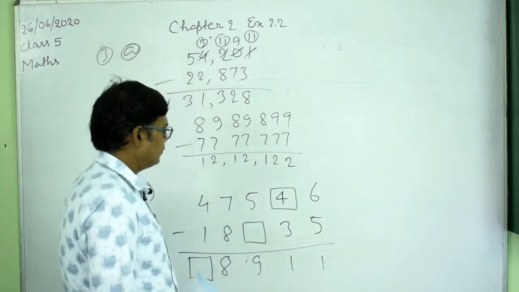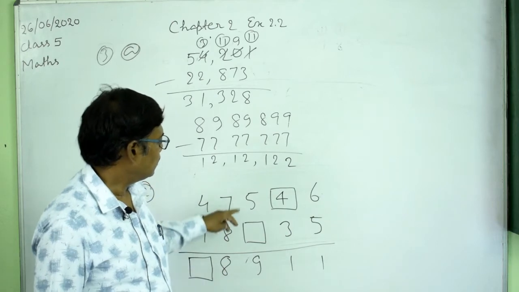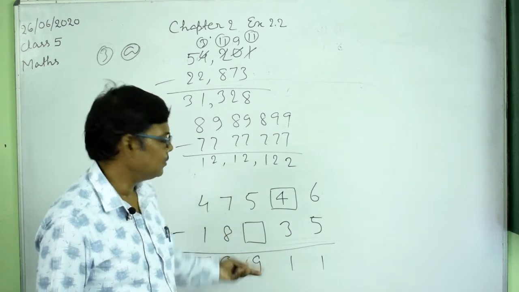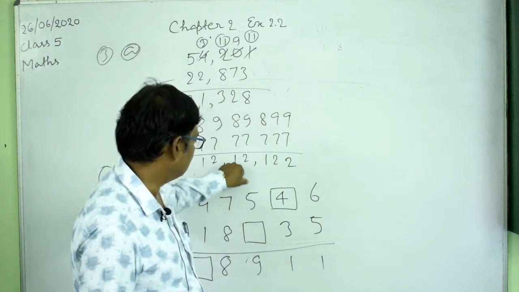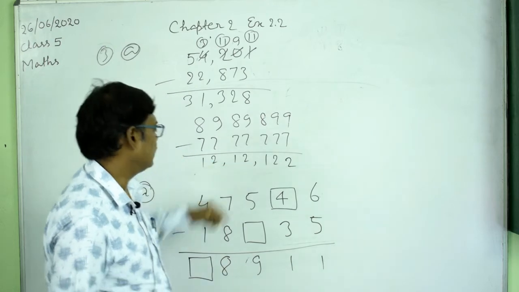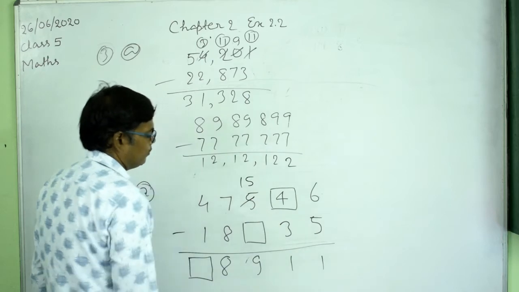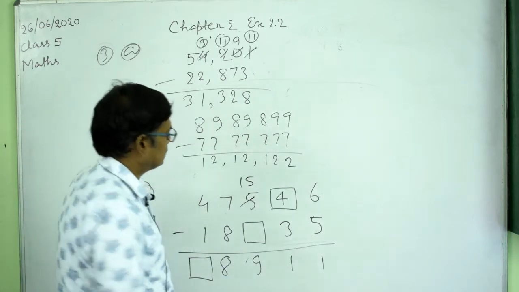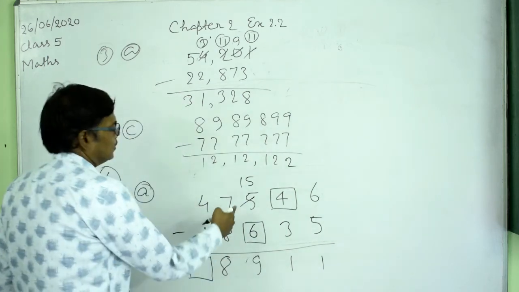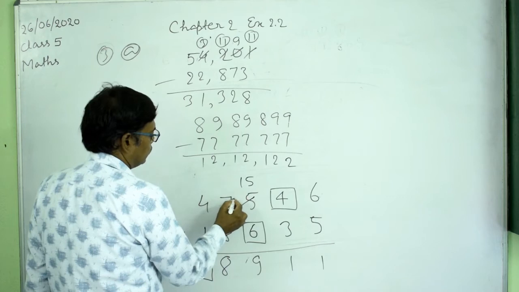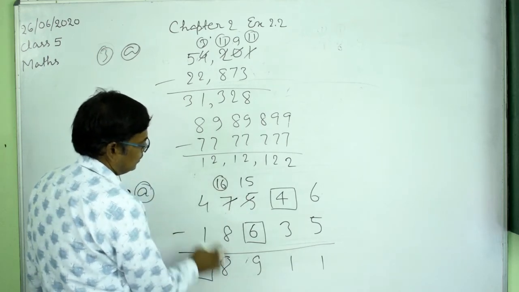So 4 minus 3 is 1, and now here it is 5 and here 9. What number will you subtract from 5 to get 9? We don't have any number. So here actually it should be 15. You will write 15 in this case. Then 15 minus what number will be 9? It will be 6, so write 6 here. And next, because it is 15, we have borrowed 1 from this, so here it will be 16. So 16 minus 8 is equal to 8, see here, right?